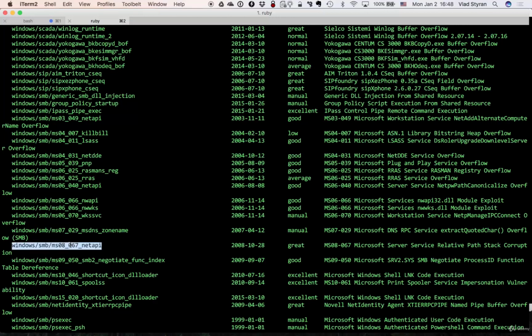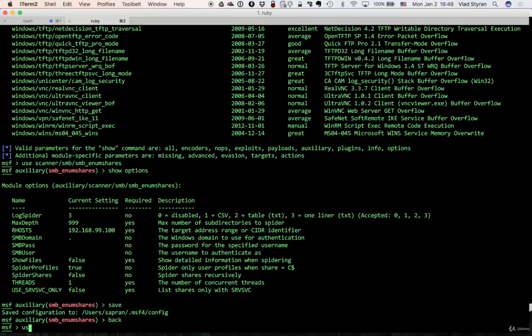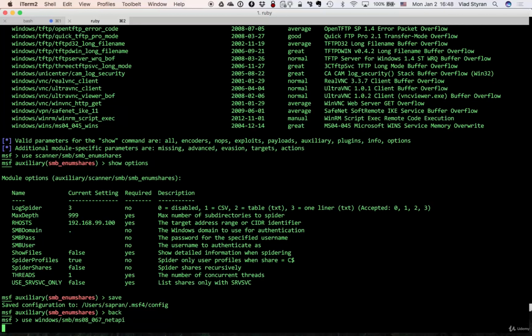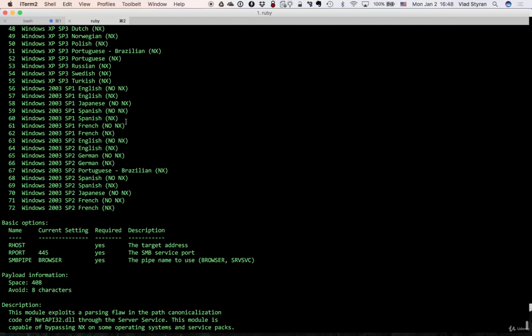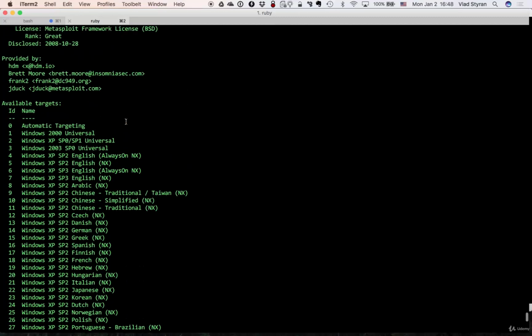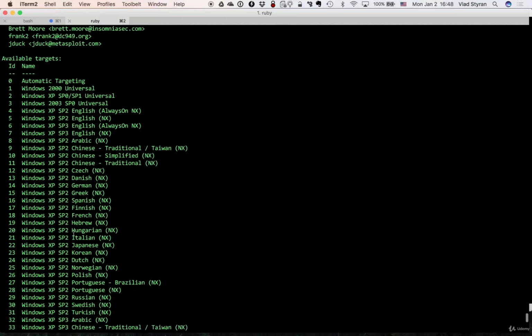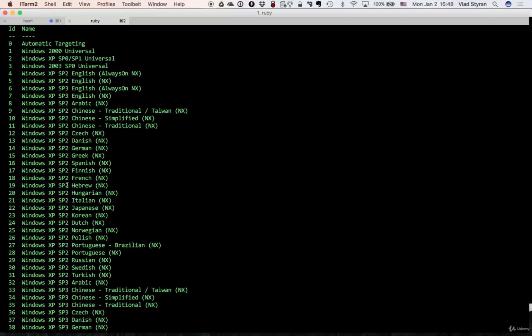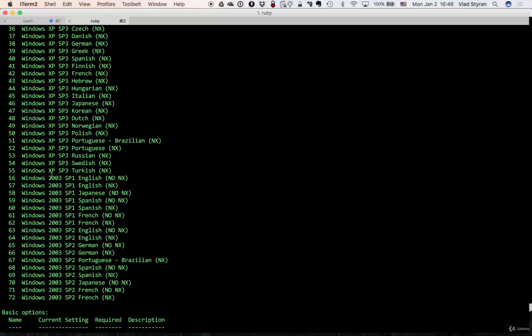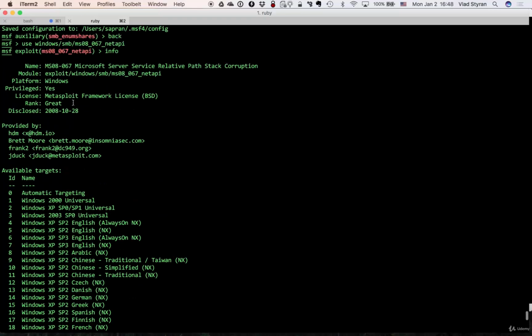So let's just copy that and use this exploit, get some info on it. Yeah, as you can see, it's super reliable. It's working in most distributions in both SP2 and SP3, right? And in the Windows Server version available at nearly the same time as an exploitable XP. So as you can see, again, we have JDoc here, we have HDM,